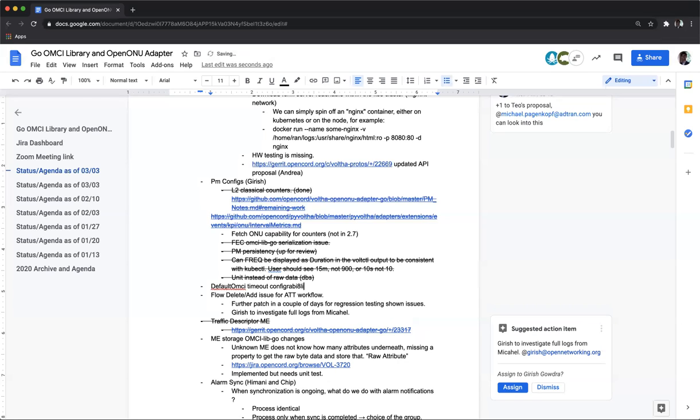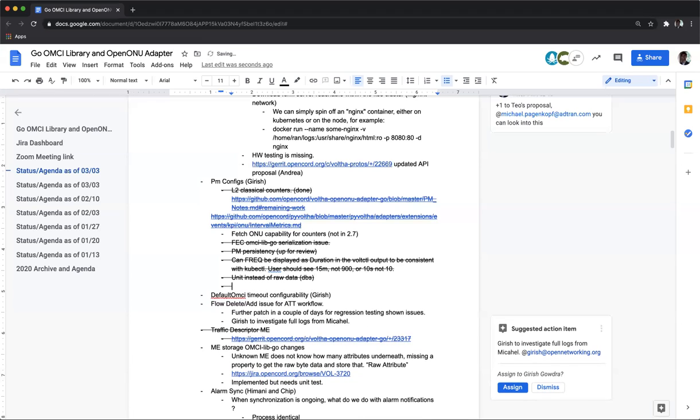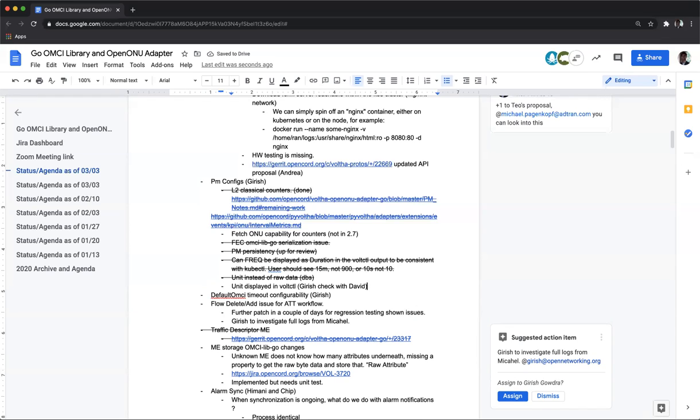There was a request from, I think, David, who raised an issue related to voltctl dumping the configuration of the PM config. The timer value is a number which is presumed to be seconds, but he wanted the unit to be displayed there. Yeah, which I totally agree, but it seems there are some limitations in implementing that. So I did ask David offline. I'll discuss with him, but it's not mandatory to go in this release if we cannot solve that problem. Yeah, I agree. This one instead, I'd like to have it in the release. So let's push for that one.